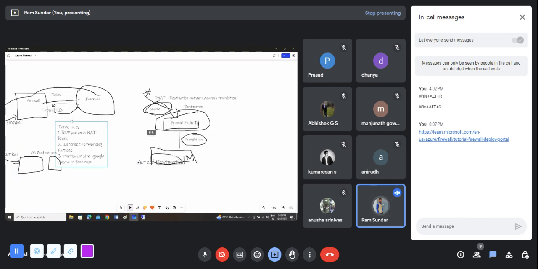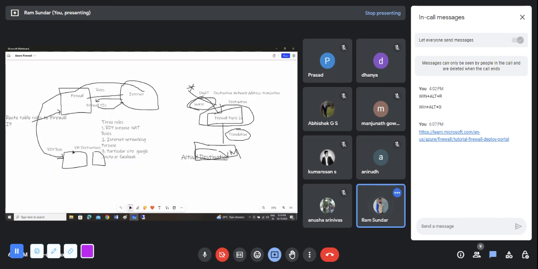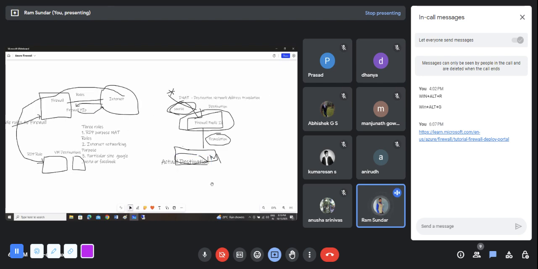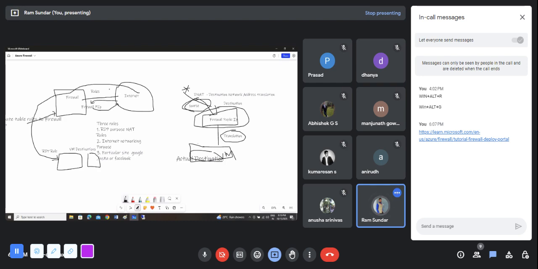Because there are three rules. As I said, for the traffic, we have only created the DNAT rule. That's why we are able to take RDP. So only one incoming request came through based on our firewall rules. One DNAT rule we created. So the request comes to the firewall, firewall to VM. This is successful, but